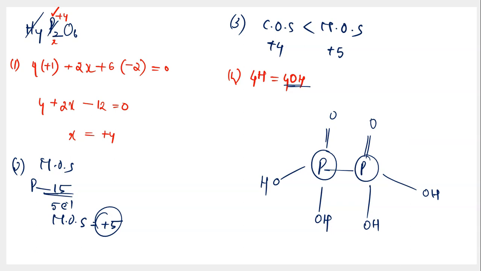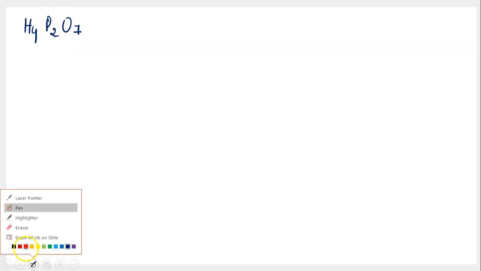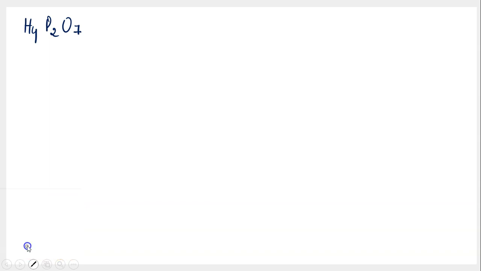Let's take one more example to get this better. The second example is H4P2O7. So this time you have to try and follow the instructions. So step number 1, calculate the current oxidation state. Step number 2, calculate the maximum oxidation state based out of the group number. Step number 3 has to be comparing